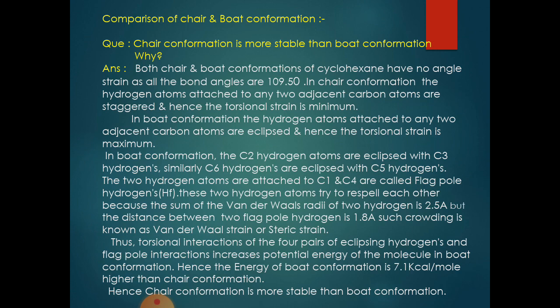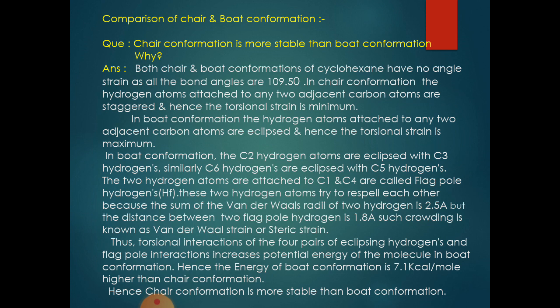The most important point is the comparison of chair and boat conformations. The question is, why is the chair conformation more stable than the boat conformation? Then we write the answer here. Both chair and boat conformations of cyclohexane have no angle strain, as all the bond angles are 109.5 degrees. In the chair conformation, the hydrogen atoms attached to any two adjacent carbon atoms are staggered, and hence the torsional